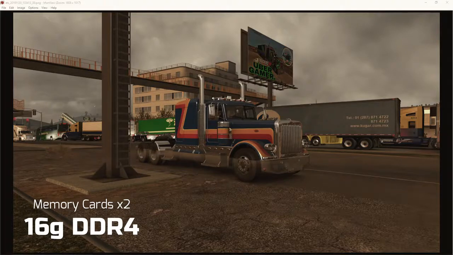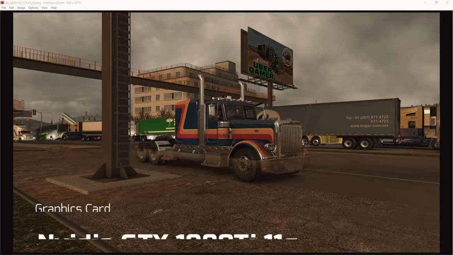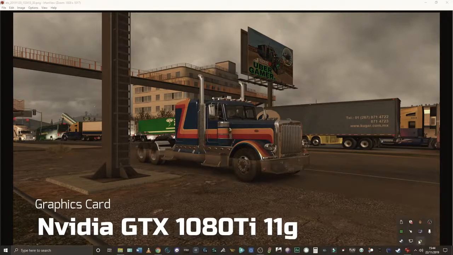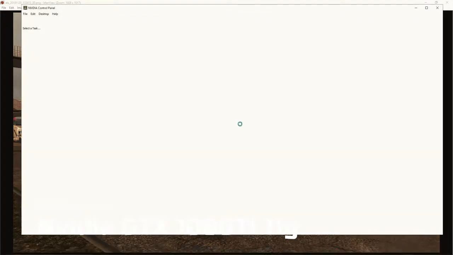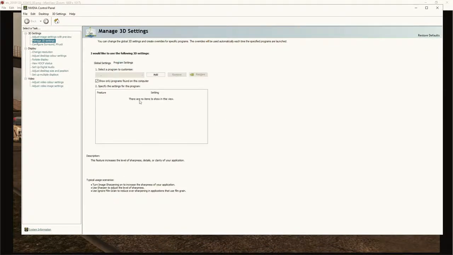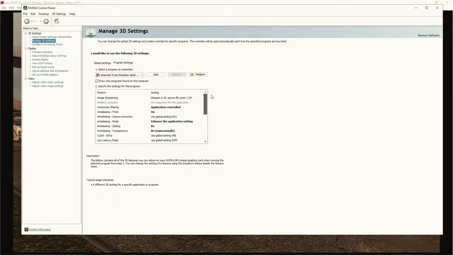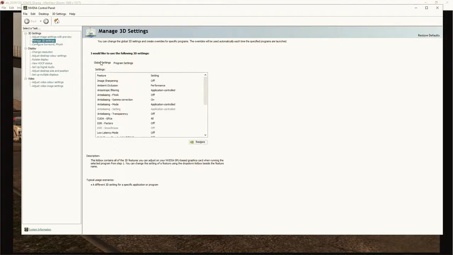So first thing we're gonna start with is I have an Nvidia GTX 1080 Ti graphics card, and I'm going to show you the settings I have, which can be found in the taskbar down here, Nvidia control panel, and I'm going to show you the settings that I have set. Now I have two different settings. I have a global and then I have a program, which is more specifically designed to change a lot of just American Truck Simulator. So global settings, you can see here, I'm not going to read them out,